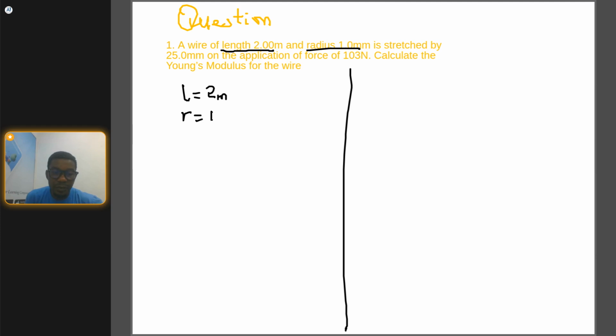Or let's write it in full. 1.0 millimeter is stretched by 25.0 millimeter. It is stretched by. That means after the stretch, there is an extension. You know, when you stretch something, what you have done is that you have extended the wire. So that stretched by is telling us about the extension, which is